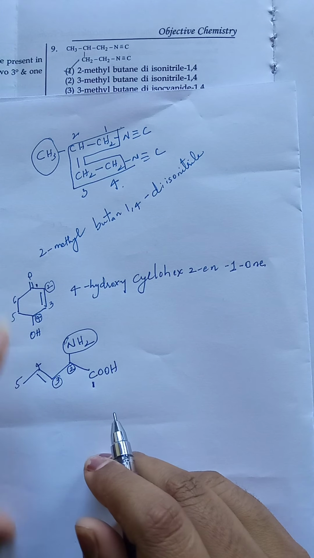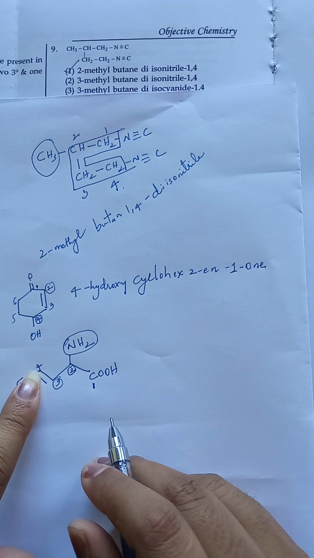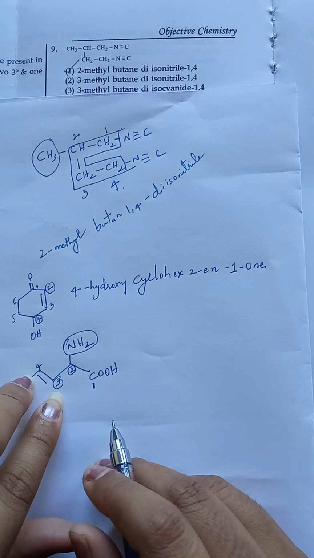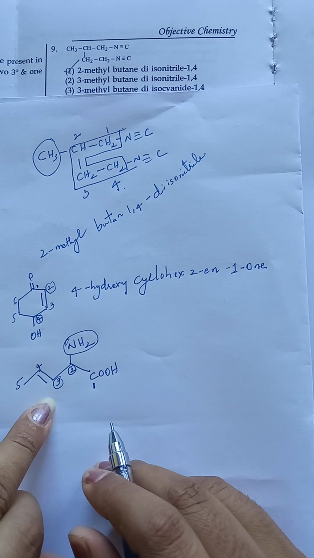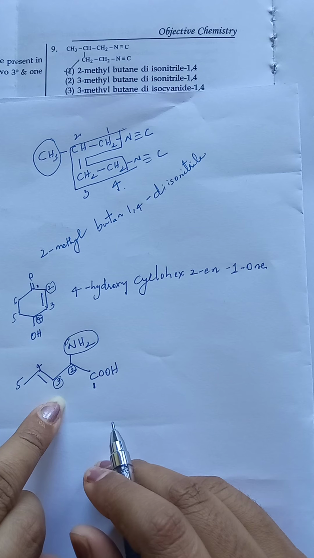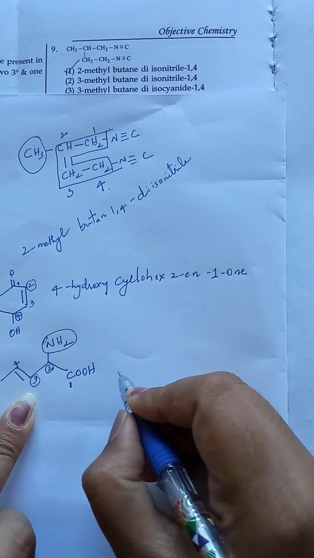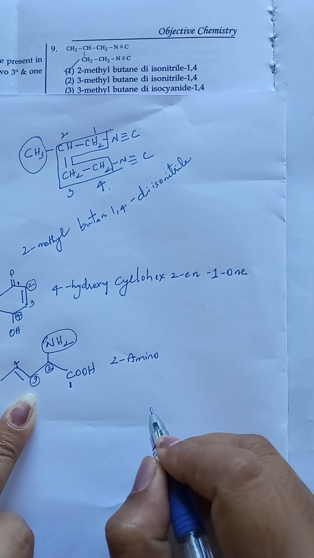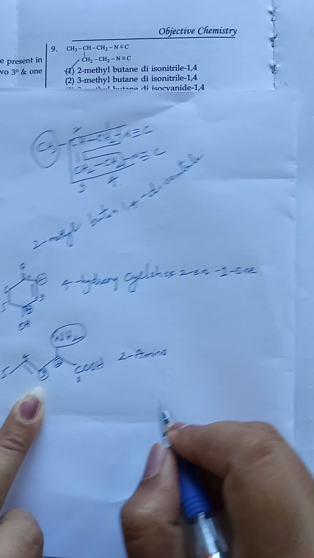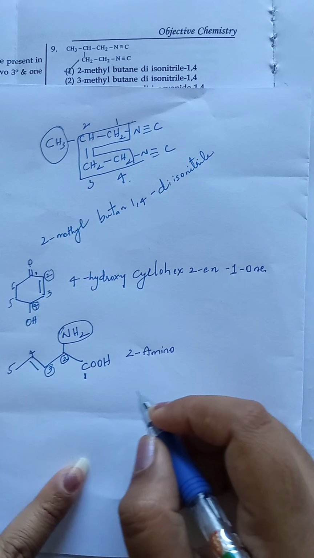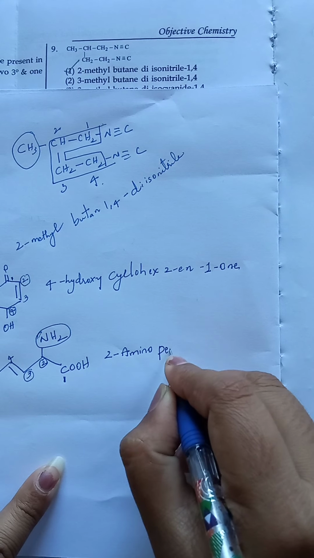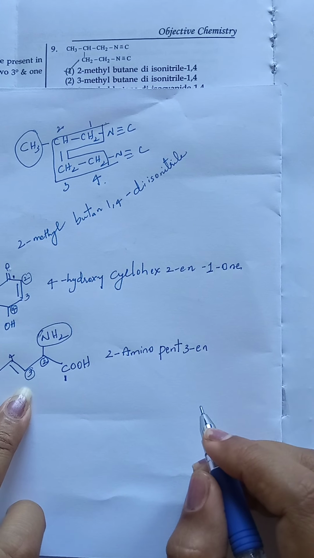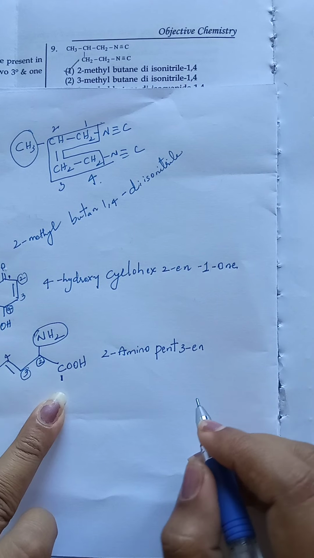Here you may get another doubt. The double bond is present even at the fourth position. Why don't we take 4? If the double bond is shared between the 3rd and 4th positions, always we have to take the lowest number while writing its name. Now at the second carbon an amine is present. So 2-amino. If it is a substituent we have to take it as amino, and 5 carbons are present as the parent chain. 2-amino pent-3-ene. At the third position a double bond is present. Pent-3-ene.